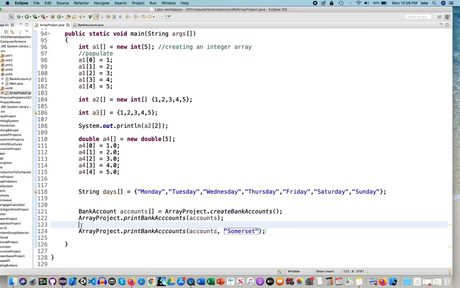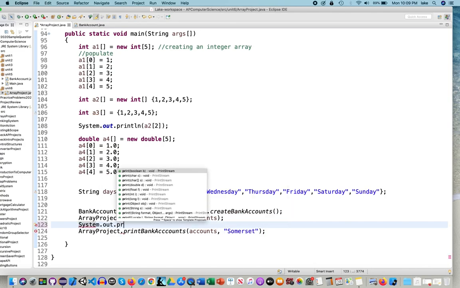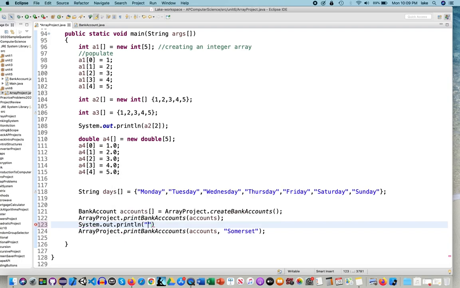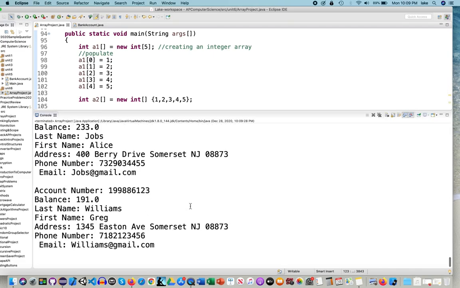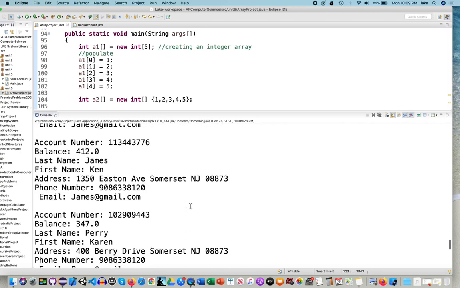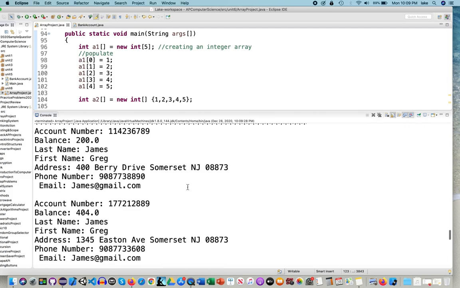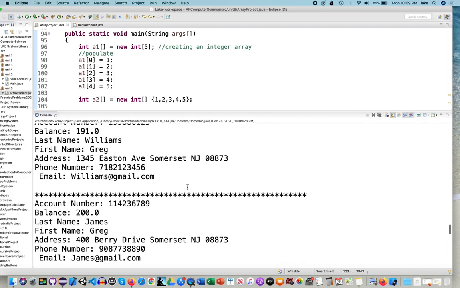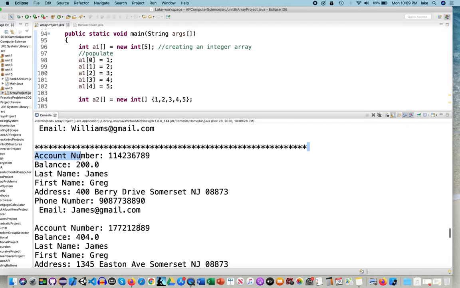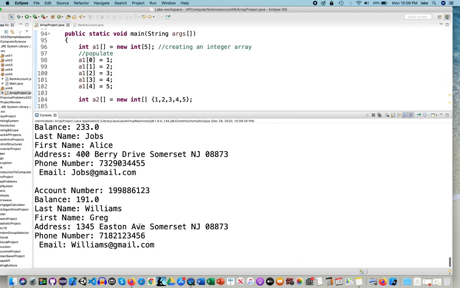Now, one thing we could do here, to make sure we see that this actually prints only where Somerset is, is to put another print here. I'm going to go ahead and put some stars or something so we can get a good space between the bank accounts that were created versus the ones that are in Somerset. So once we see that little line, we know those are the Somerset guys. So let's see if we find Somerset guys. Right here, everything beneath here should be Somerset, and it is. We have all the Somersets. Okay, so